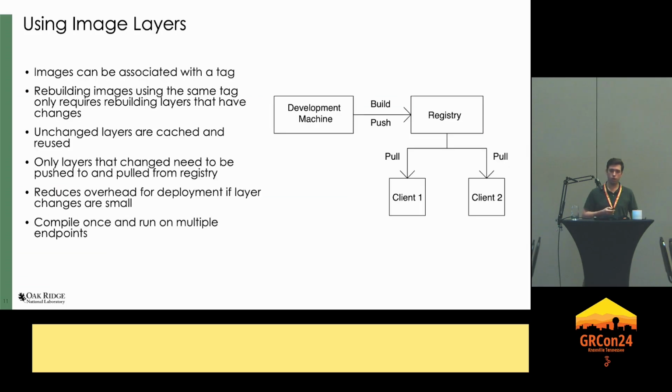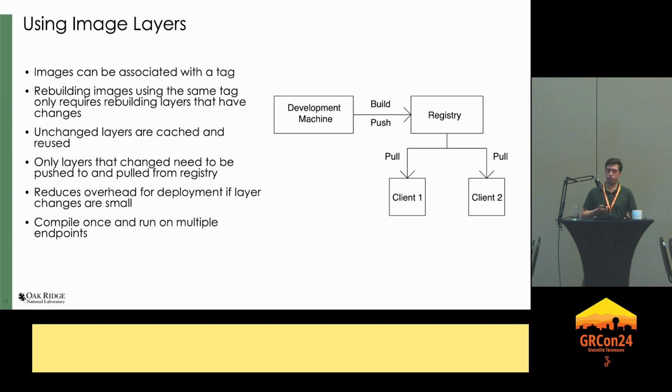The reason this would be really advantageous is that any image you make can be associated with a tag. So when you're building a new image that depends on a previous image, for example a new out-of-tree module that depends on the base image we showed earlier, that base image is not going to change, so we don't have to compile it again. We can just pull it straight from the registry, and the only thing we have to compile is